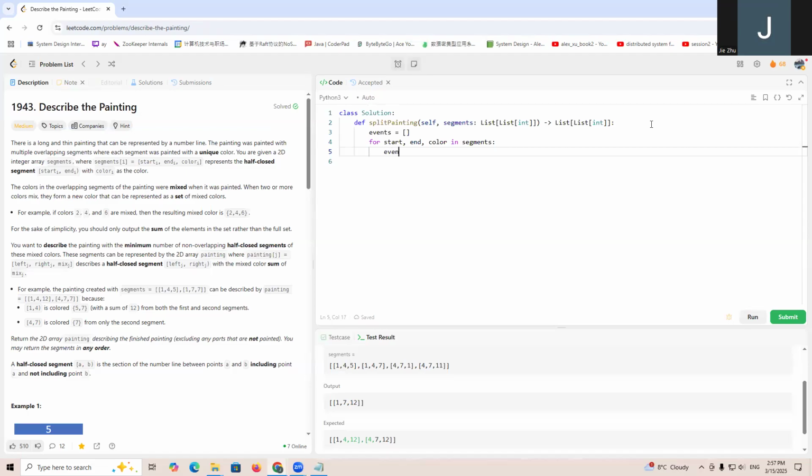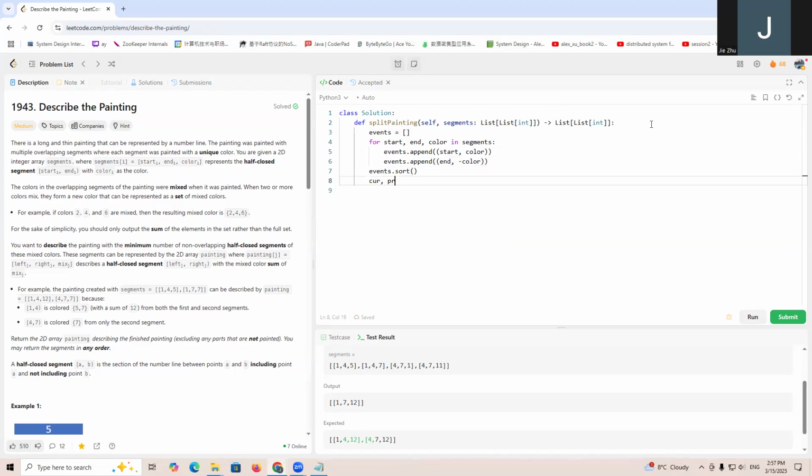So we'll say events append a tuple of start and color, and also events append start and minus color. So we need to have events sort, and after sort we have